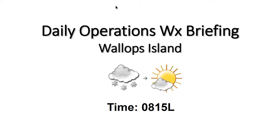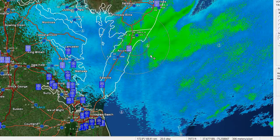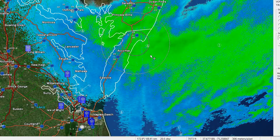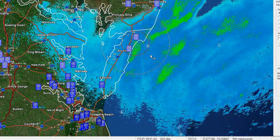We have some light snow out there this morning. Taking a quick look at the radar imagery, you can see we have that snowfall continuing to move off to the south and to the east. Going to see a few more flurries this morning, and it should be well out of the region after about